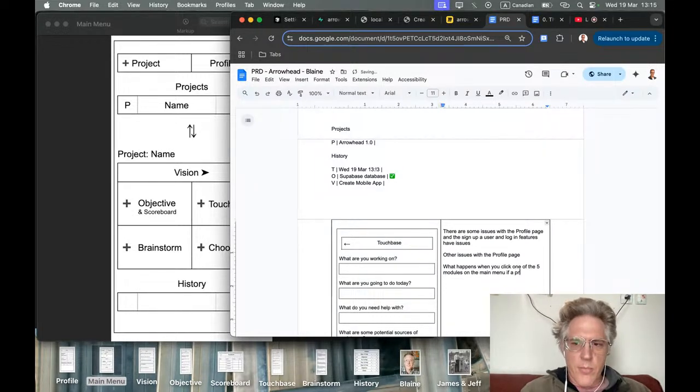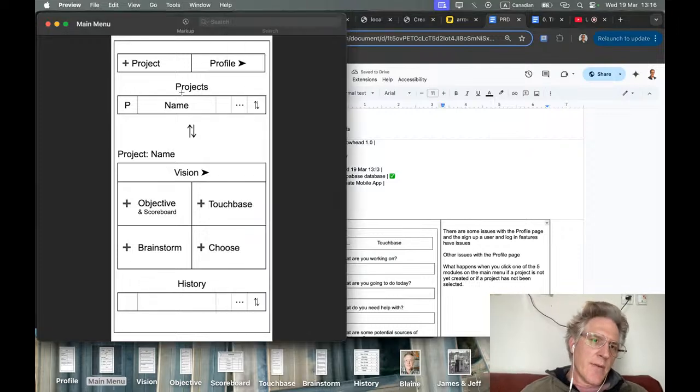If a project is not yet created, or if a project has not been selected. You see, because even if I have a project, the name of this project is name. You can see that this project has been selected. Now, imagine that I do have this project, but the thing is that,